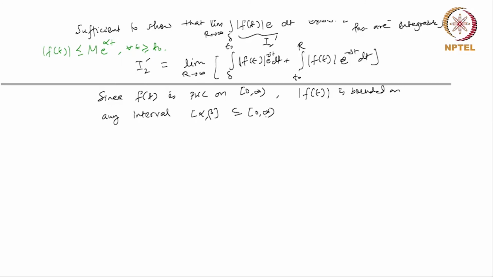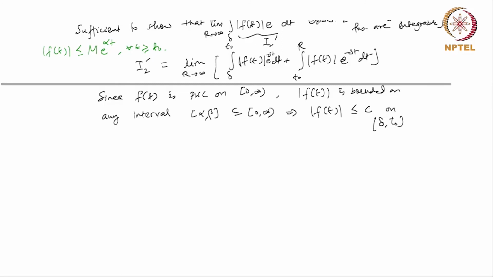This is because it is piecewise continuous, so it cannot go to infinity at any of the interior points. So suppose that modulus of f(t) is less than or equal to some constant, let's call it c, on this interval delta to